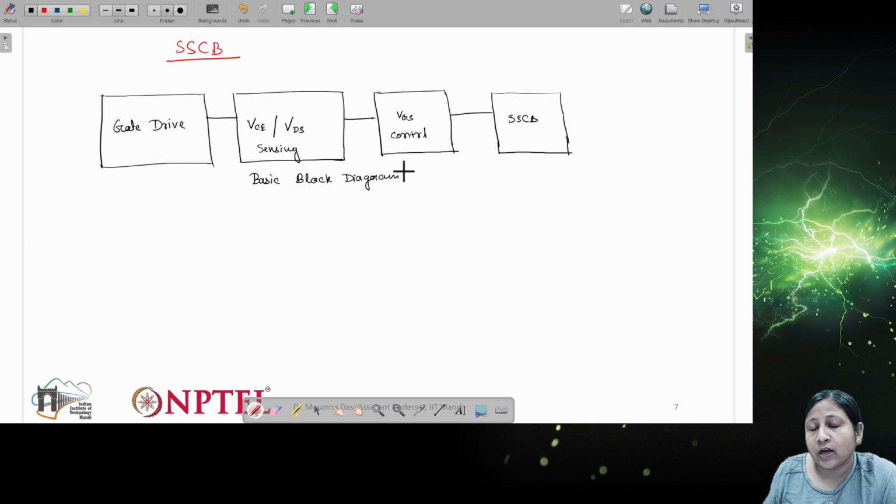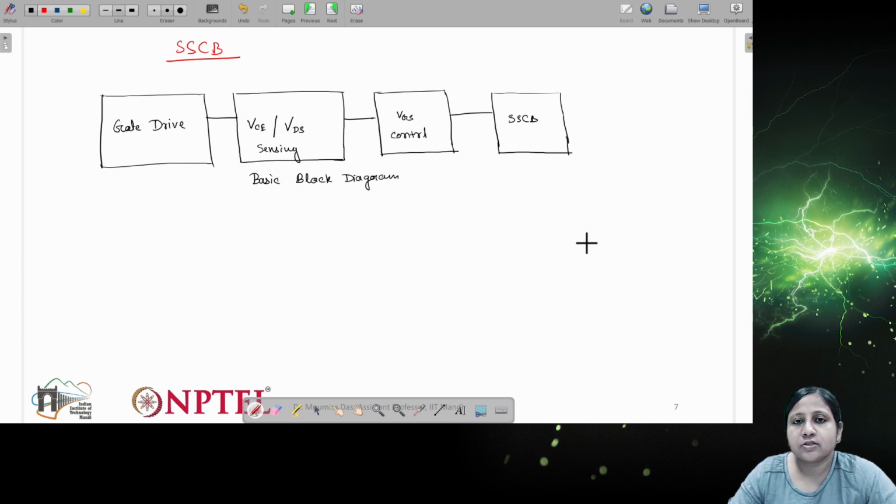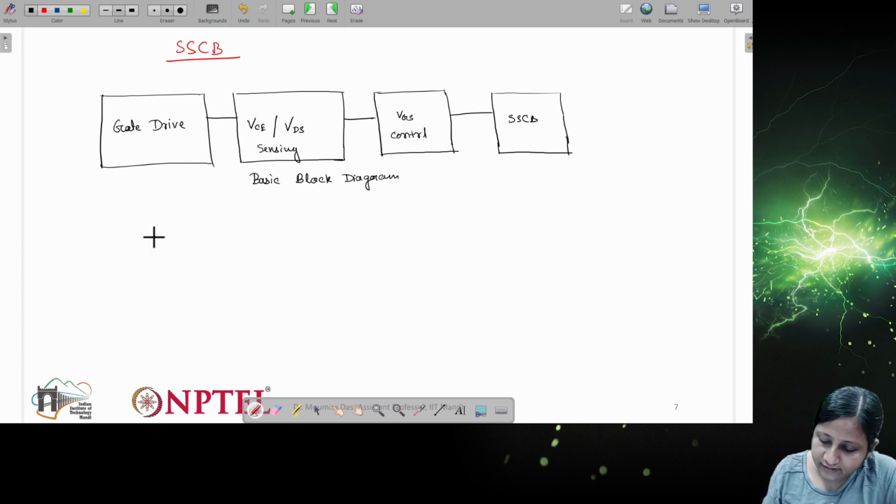Now the test setup, how does it look like? It looks the same as the DPT test setup. The only thing is that here we need to replace the device under test, or DUT, by using SSCB. So how does that look? The test circuit diagram looks like,